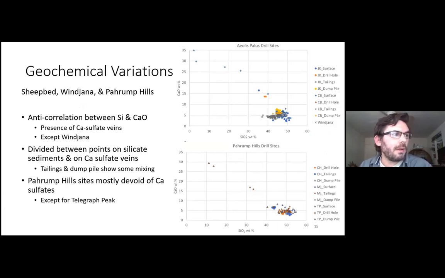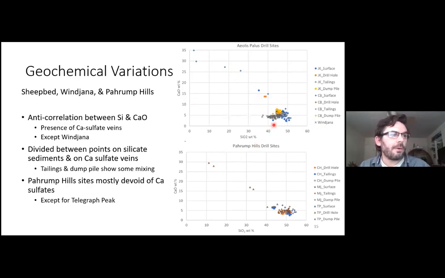So moving on, looking at geochemical variation. Here I have John Klein and Cumberland, which were in the sheepbed mudstone, then Winjana, and then down here are Pahrump Hills. JK is John Klein, CB is Cumberland, and all the Winjana points are down here. There just really isn't much going on in Winjana. But what we do see is this anti-correlation between silica and calcium, except at Winjana. And this is really due just